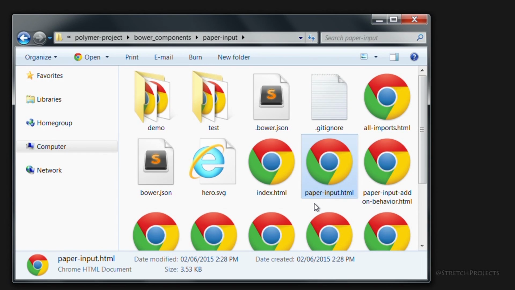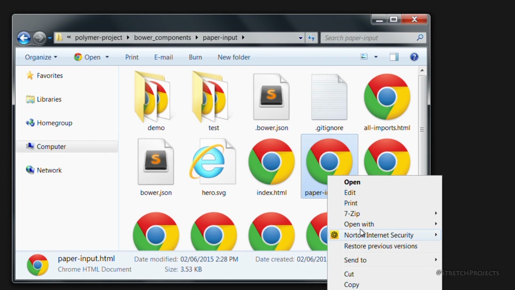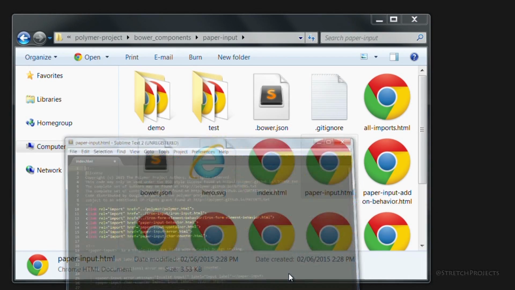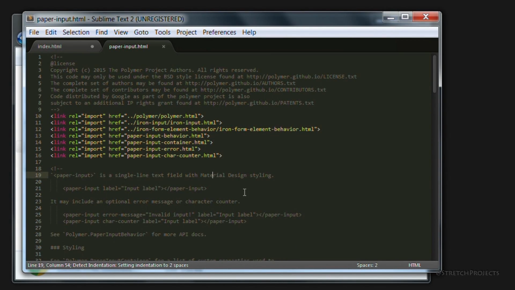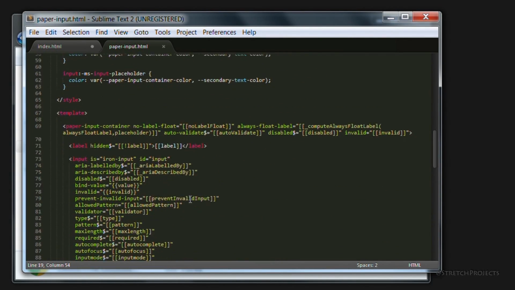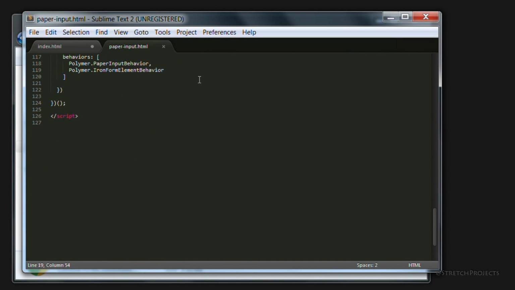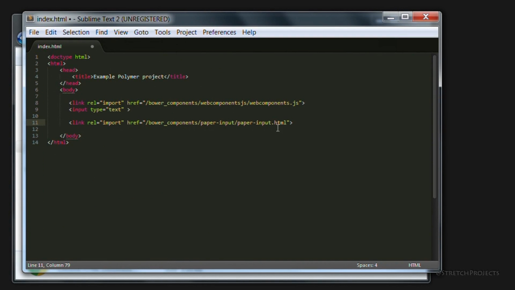We will be looking at the contents of these files later on, and specifically how to create our own versions of these types of files. But for now, all you need to know is that you only need to import the HTML file, and Polymer will do the rest. So once we've imported the file,